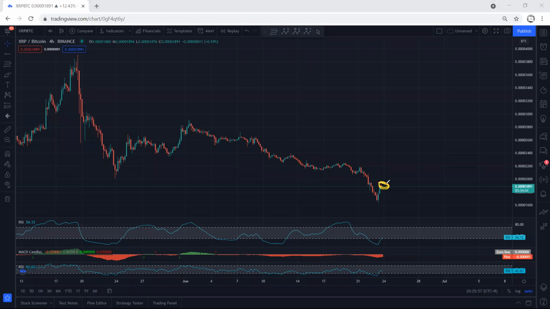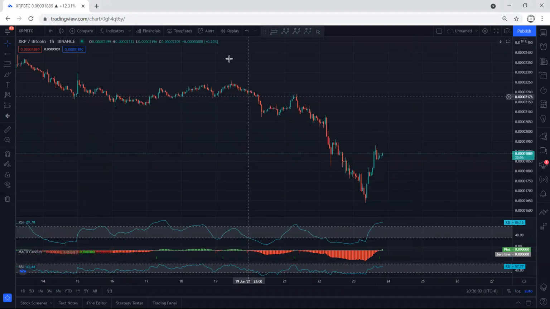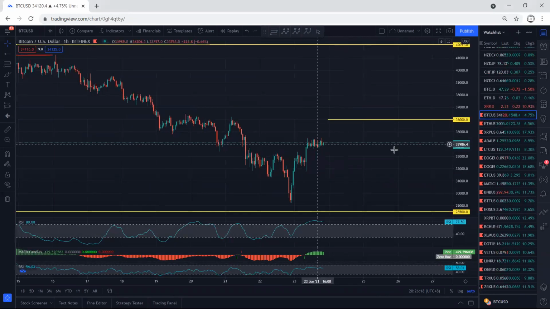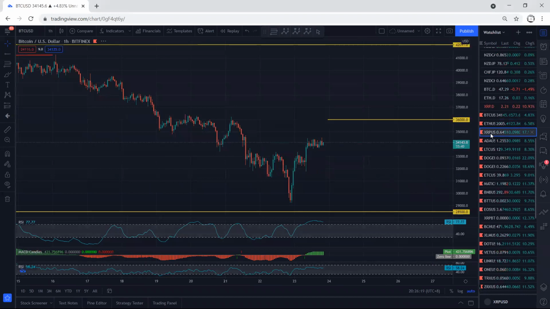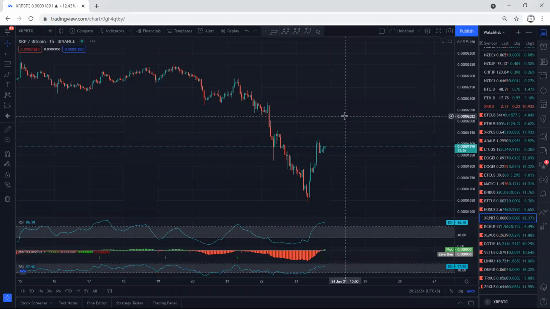But we should know that if we move to the 1 hour chart, even if we want to look for buy, we have a correction here, but there was an opportunity to look for buy from here. And whoever got the trade from this move, I mean this correction, they should move their stop loss to break even. Because if we move to the Bitcoin chart and the XRP, based on the 1 hour chart, both of them have a correction.